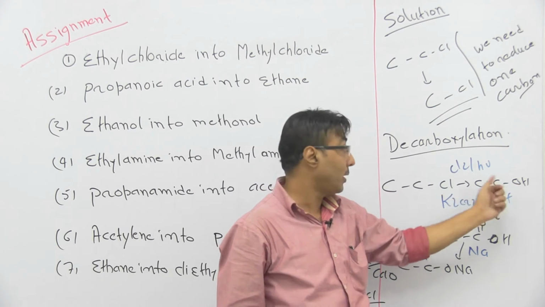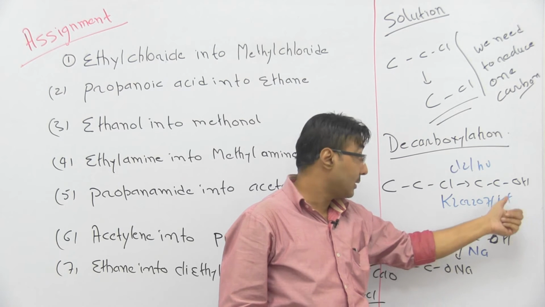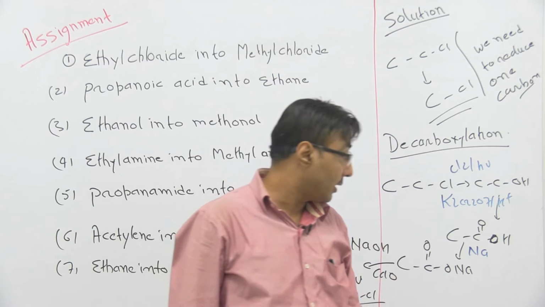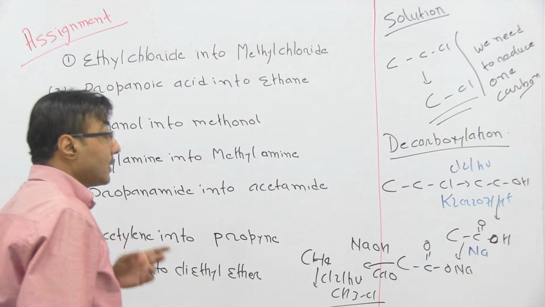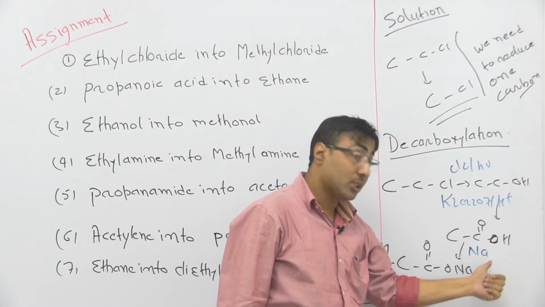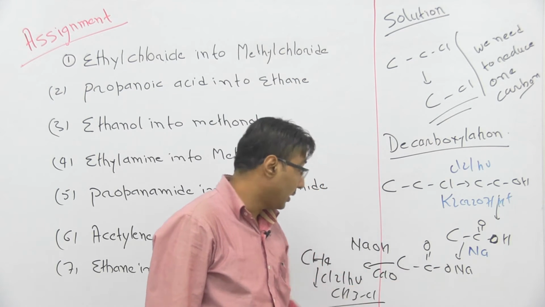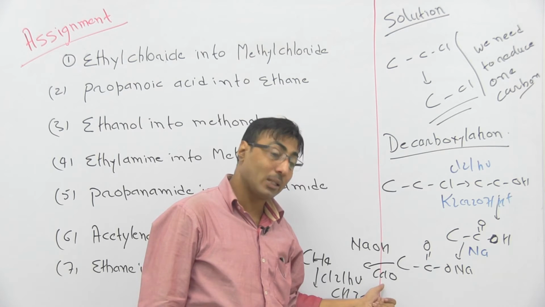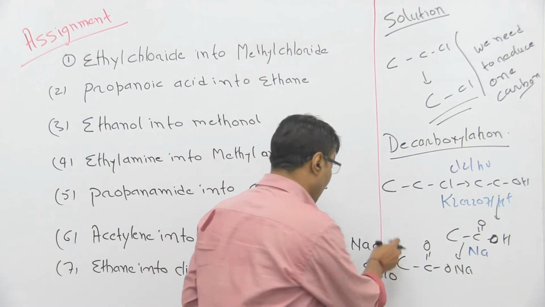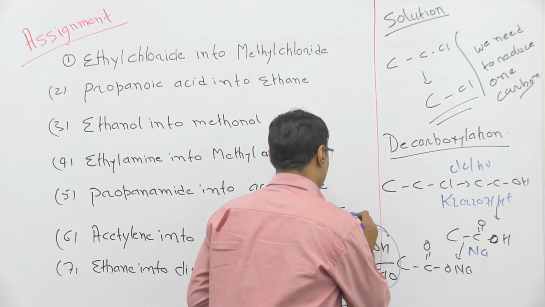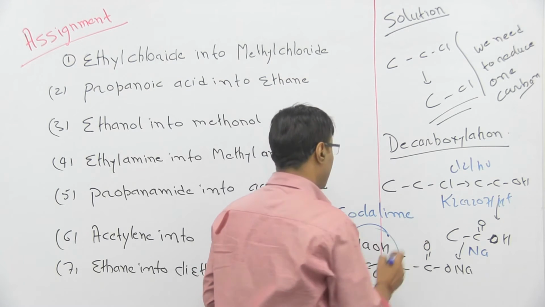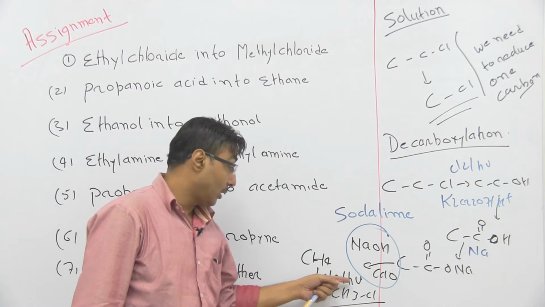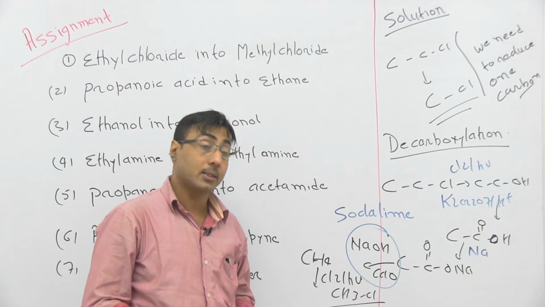CCCl to CCOH by using Cl2 in presence of HNO, and the next step was the oxidation of this compound, and it has been done by using K2Cr2O7 in presence of acidic medium. Next step, in this step, this H has been replaced by sodium, and this is the sodium salt of carboxylic acid. This sodium salt of carboxylic acid combined with NaOH and CaO, together it's soda lime. And finally it's CH4. It combines with Cl2 in presence of HNO, and it gives CH3Cl.